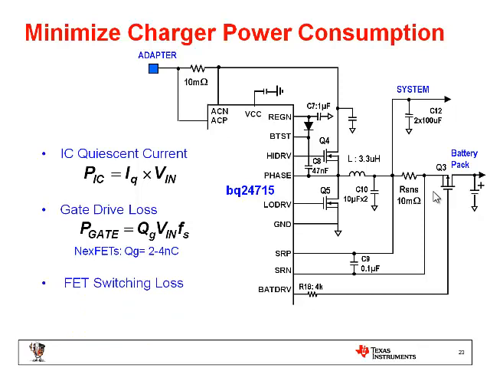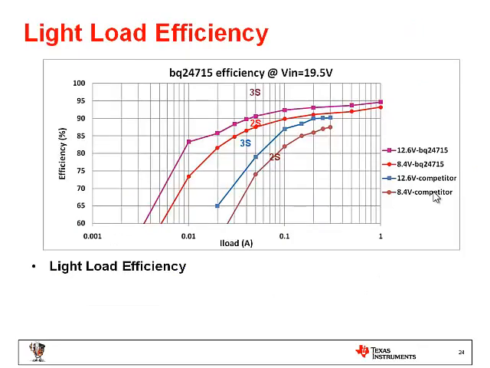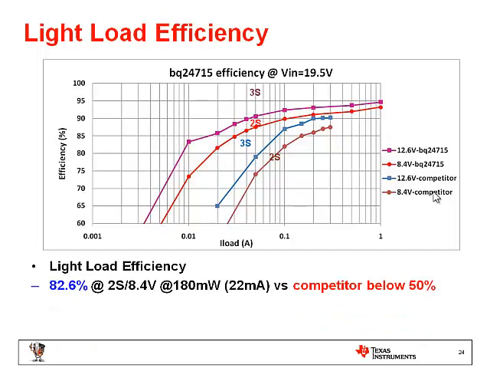And MOSFET switching loss. Traditionally, we are using the PWM control scheme. That means every cycle, the converter is switching. But with such a light load, we don't necessarily have to switch in every cycle. So we introduced this PFM mode. That means we regulate the system voltage. Only when the system voltage starts to drop do we start to switch. And once the system voltage goes above the regulation threshold, we stop switching. In that case, we reduce the number of cycles that we have to switch, and then we can minimize the switching loss. Given all three approaches, now the 715 charger can achieve 82.6% at